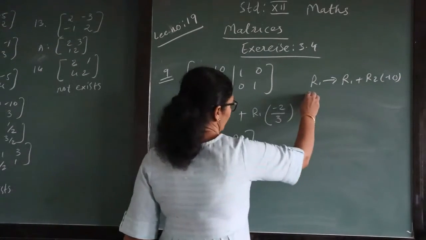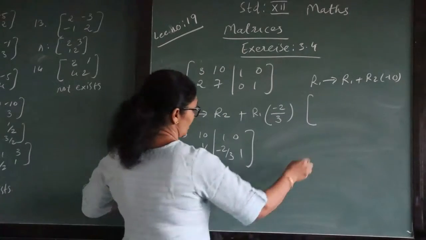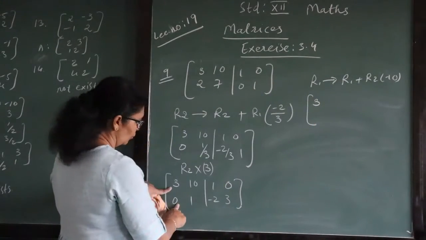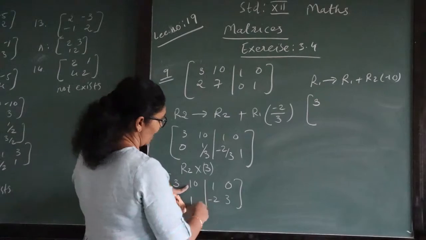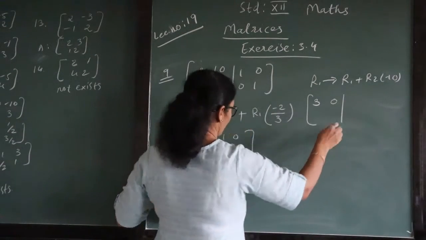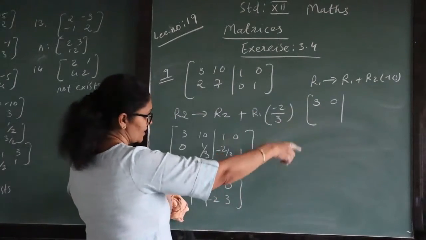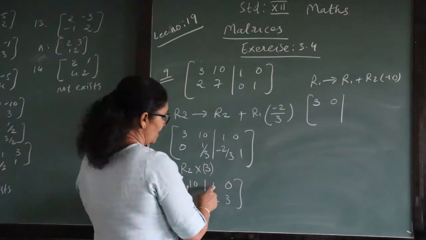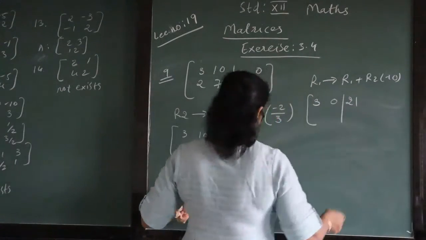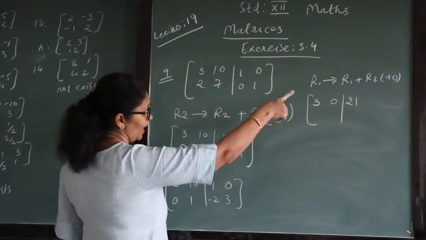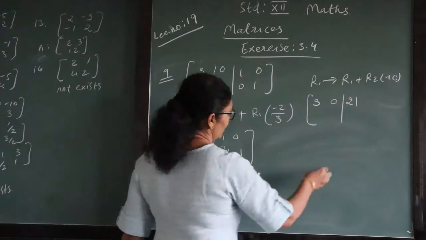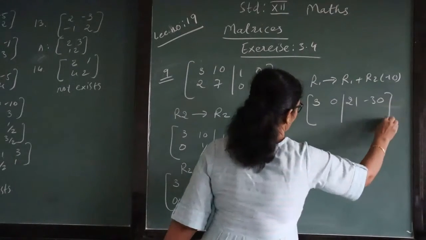Okay, let's do it. First 3 as it is, because with 0 no need to make any change. Now here minus 10 plus 10 will be 0. Now this multiply minus 2 with minus 10. So plus 20 added in 1 means 21. Similar way 3 multiply with minus 10 minus 30 added in this minus 32.